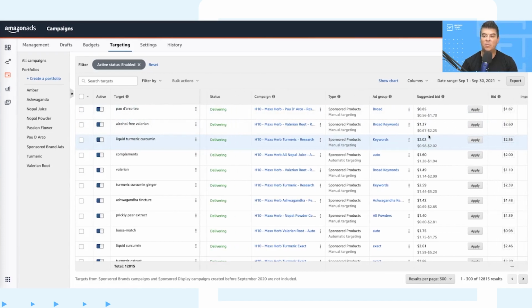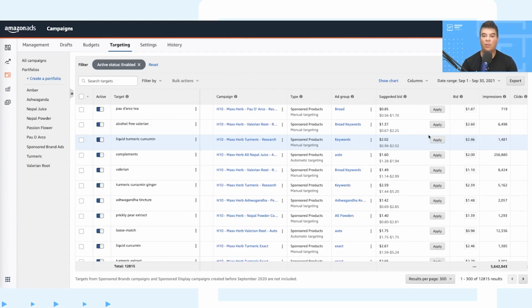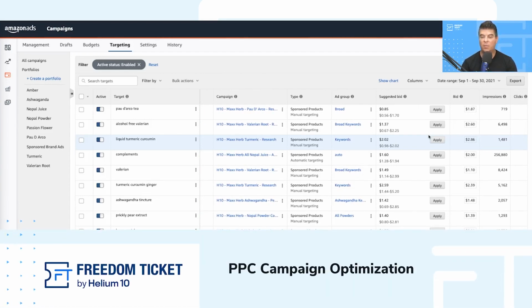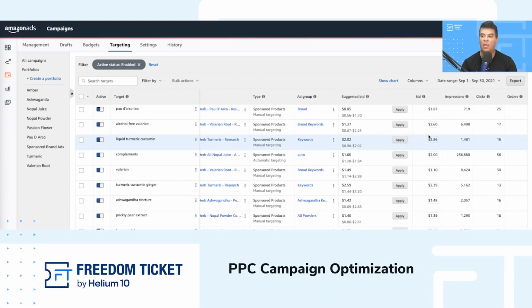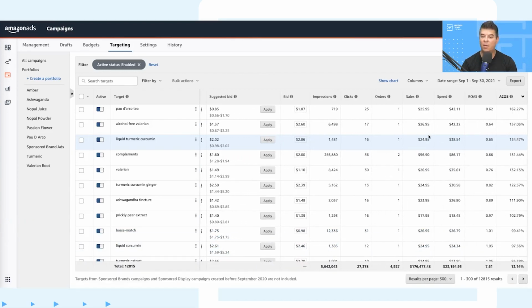And you can make adjustments here based on the suggested bids, or you could go even lower than the suggested bid to optimize your ACoS down. Like I said, we were looking at the ACoS level here. The highest one is 162%. You've got 157, 154, 155. So these are all really high ACoS for the month of September. So what I'm going to do, especially for those that are